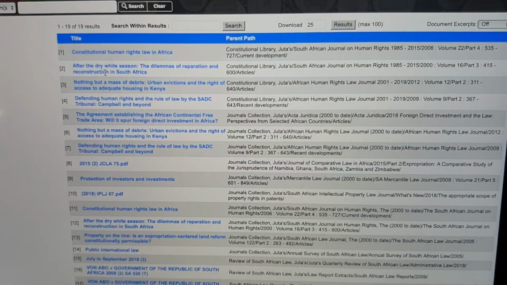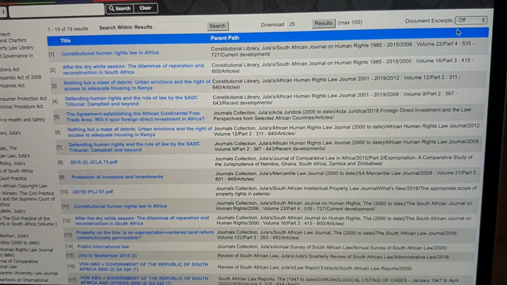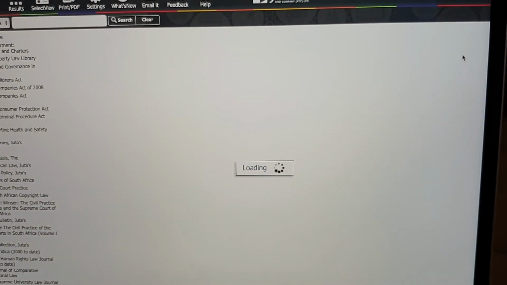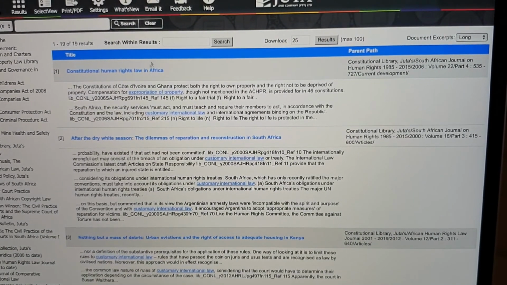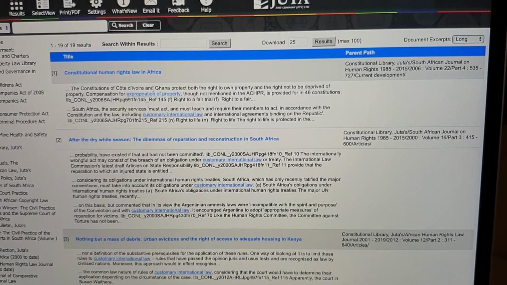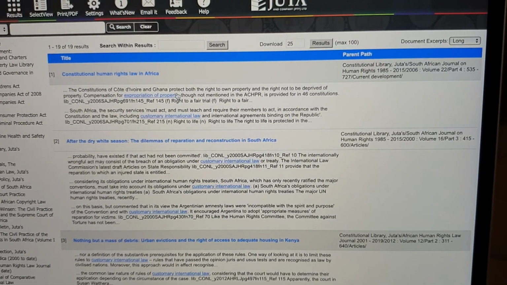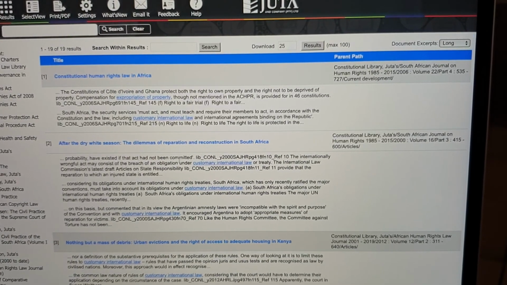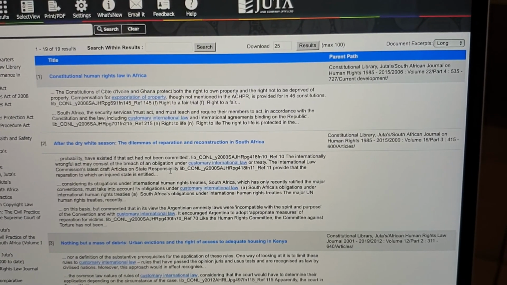And then we close inverted commas and we search, and voila, you have your documents there. And as you can see, it now shows in sentences where these phrases appear, and as is